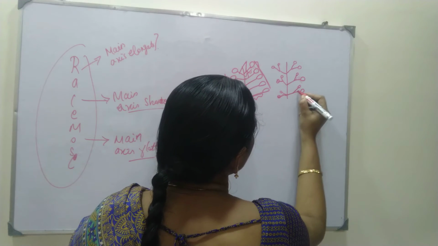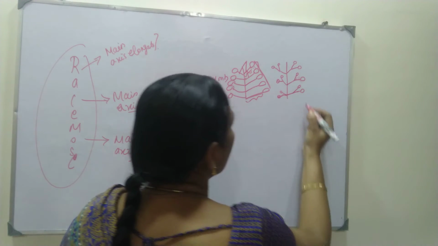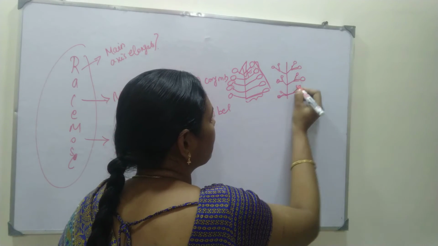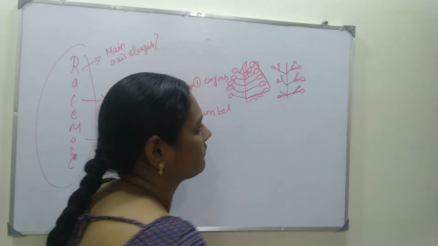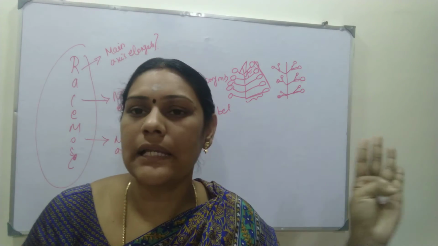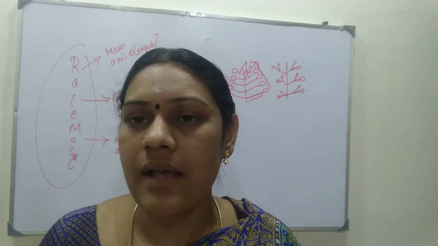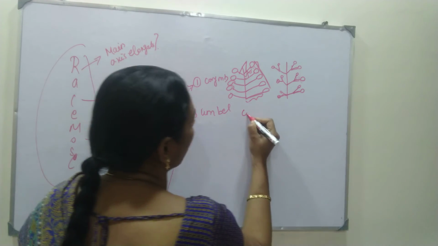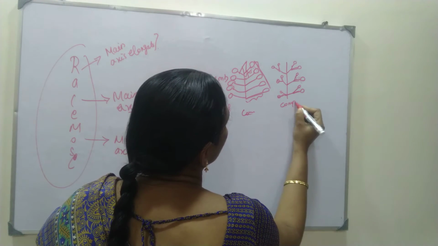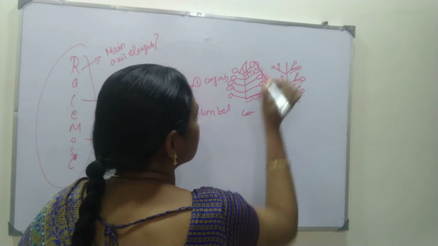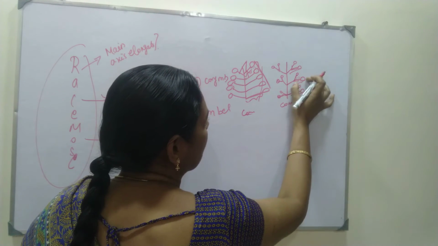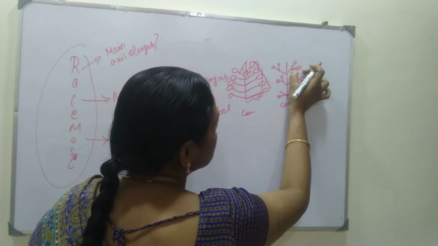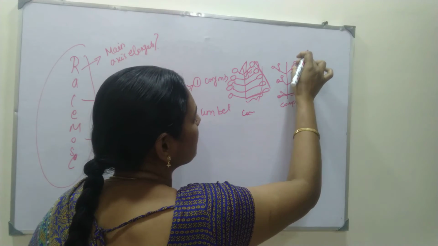If you take this, all will be short pedicellate flowers, and these will be somewhat longer than those pedicels. And beyond these, all of those are long pedicellate flowers. The same long and short pedicellate flowers present in a branching form is called compound corymb. This is the corymb type. This is compound corymb because it is present in branches, not in a single manner. Under one branch, one flower or inflorescence is present on the longest pedicel, and another is present with short pedicellate flowers.